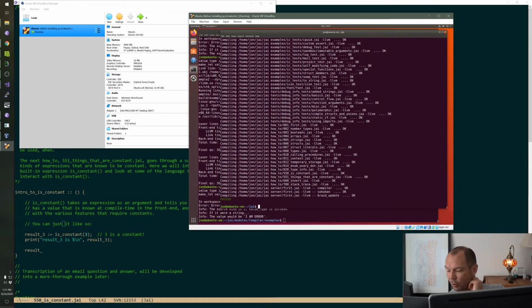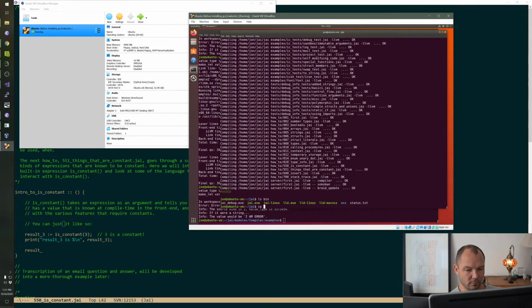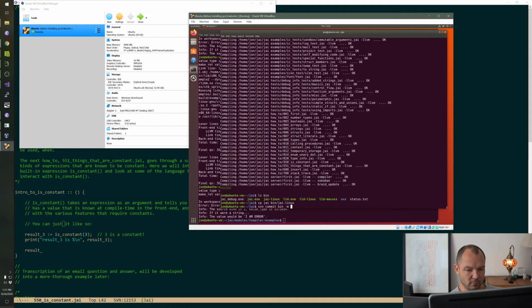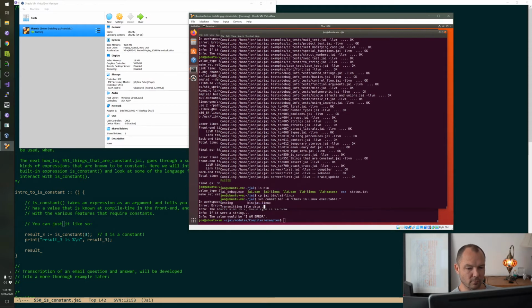I think I can set up the core count in the VM settings. Yeah, probably. All right. Well, that's most of what I need to do there.